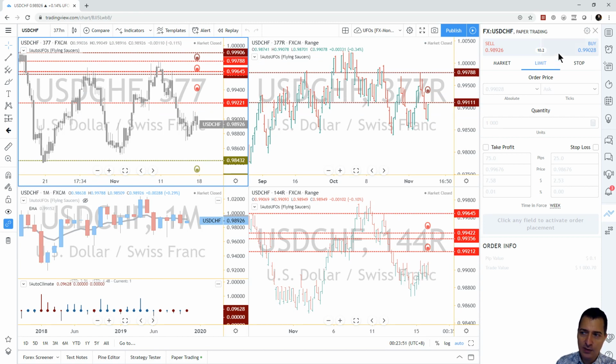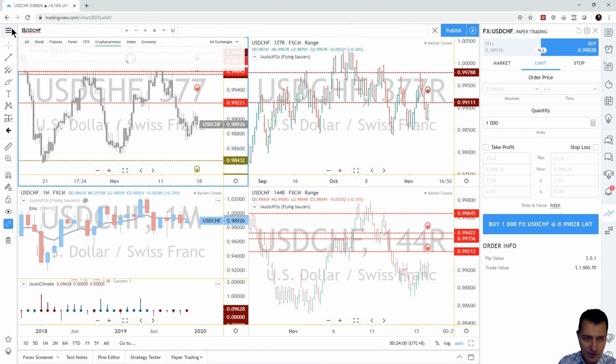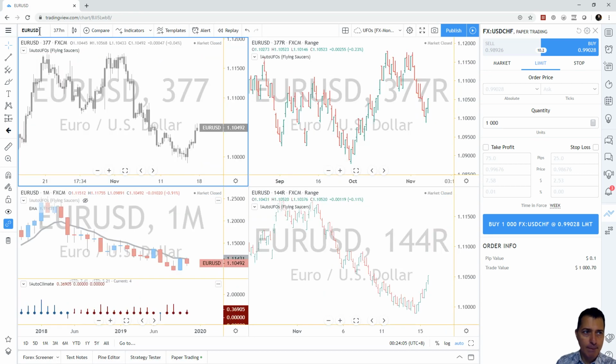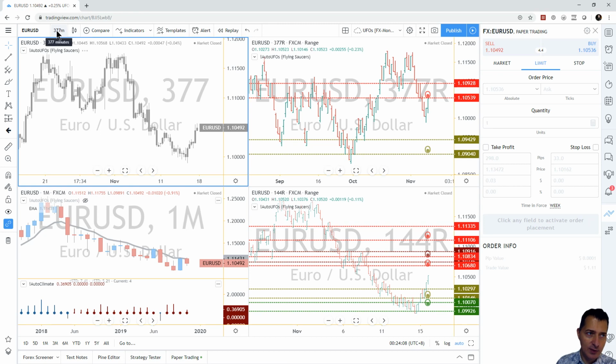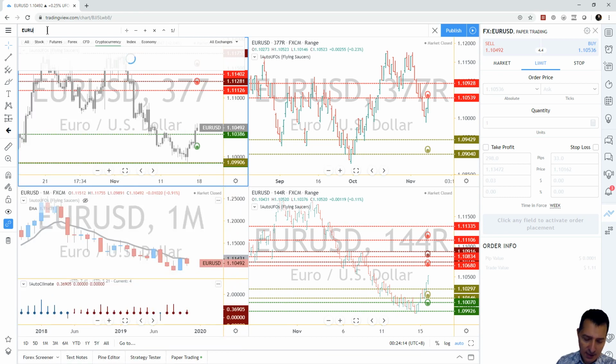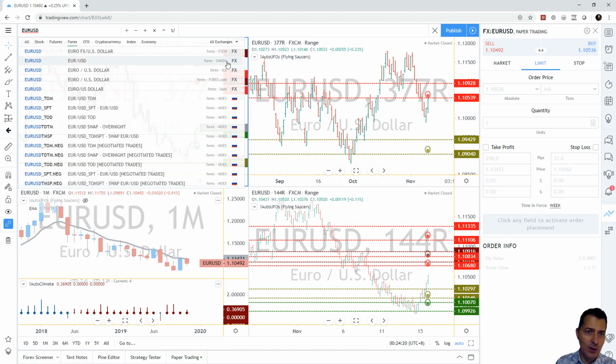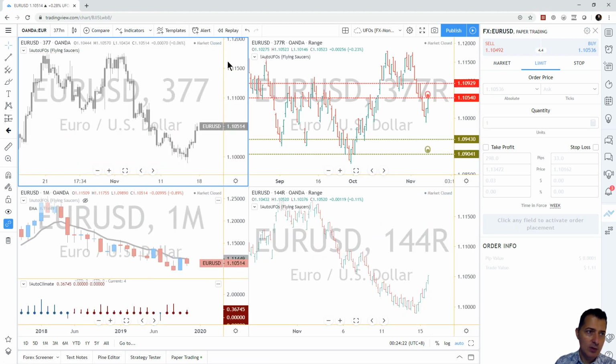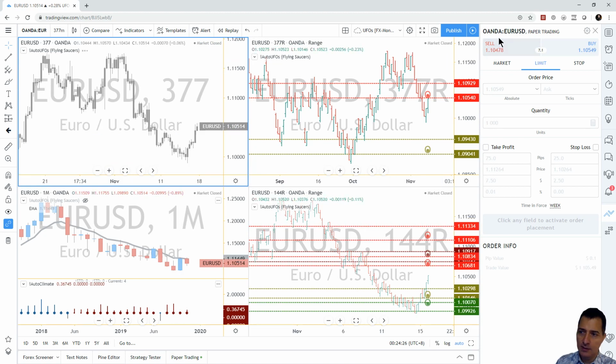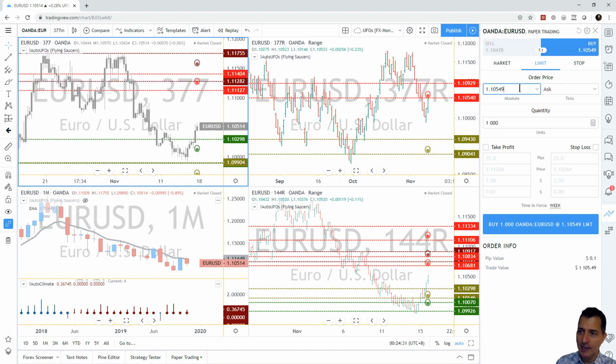Then you would select, okay, I want to go long, so click buy. I want to buy, well, this is not the euro. Let's change to the euro, so we do the same exercise, EUR USD. By the way, careful, in your case, you will need to type EUR USD and not click enter like I did. Click Forex, so you're given all the choices, and in your case, you pick Oanda. So you click Oanda, and now you are connected to Oanda paper trading. You see that? Now you will click buy, and then you will do what I did before, which is